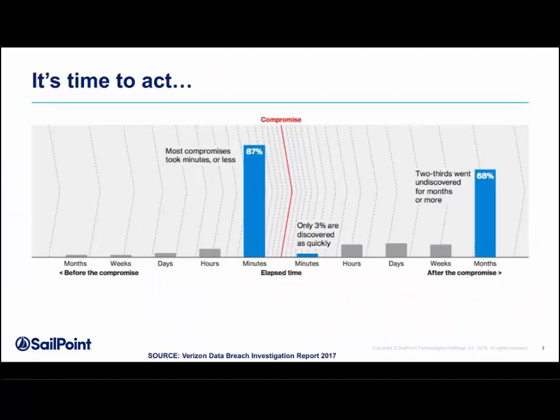And meanwhile, this data is also still quite consistent. The attacks are happening very quickly. The compromise, the occupation of your infrastructure, is happening very quickly, and the dwell time before discovery remains very high. So that sets the context for what's going on, and also for the methods that we might use to mitigate